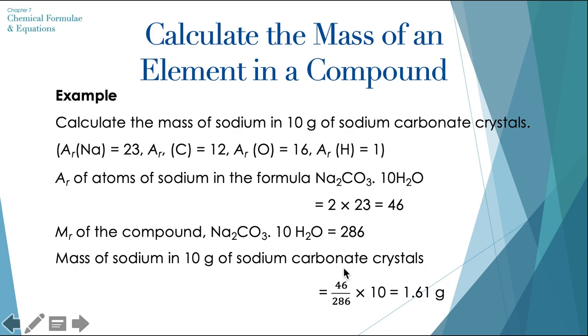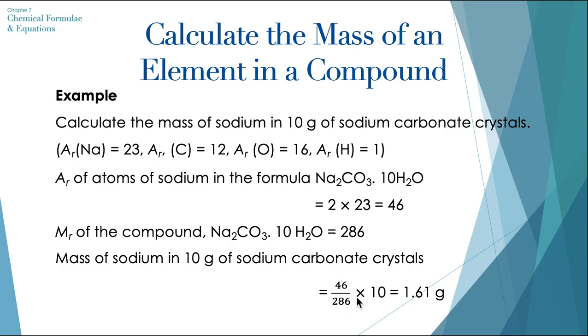In this, we do the same thing: find the atomic mass of the atoms of whatever you want to find out, like sodium in this case, how much atomic mass there is of sodium in the formula, okay? Not just the atomic mass. We multiply by 2 because that is the number of atoms. So in the formula we have 46, and then we divide it by the molecular mass of the compound,